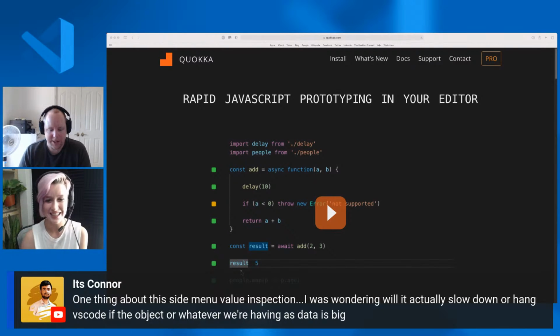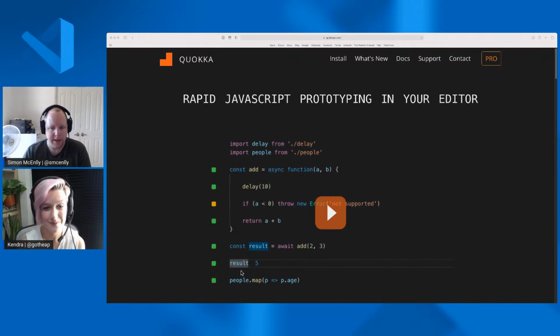Yeah. We load the data dynamically, so we limit how much of the object we actually walk and display by default, and then we lazily load the parts of the object that you want. So let's say you have a large object. By default, I think we may, don't quote me, load maybe 10 levels in the hierarchy and cut off at a certain number of array elements and whatnot. And then if you want to see more, when you click to expand that, Quokka will actually re-execute your code file and go and get more information and know to update it in Visual Studio.